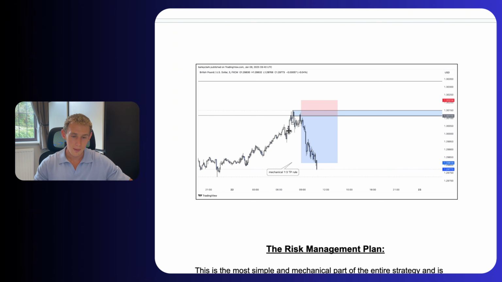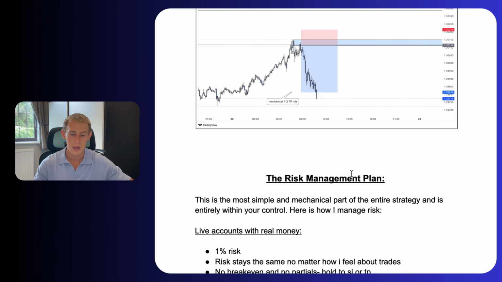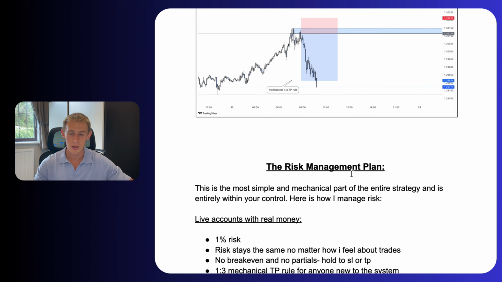So for example here, we have an example of an entry model. We have price creating a change of character. We then have this area of imbalance. We're entering on that area of imbalance. Stops just above the high to allow the trade a little bit of breathing room to play out, and mechanical 1-to-3 TP. All we need to know for risk management in this backtesting session is that we're doing 1% risk